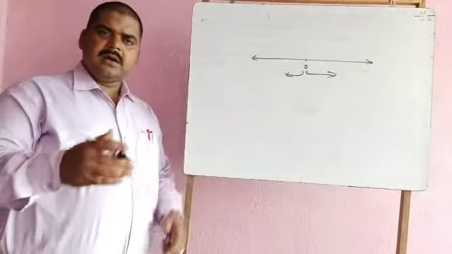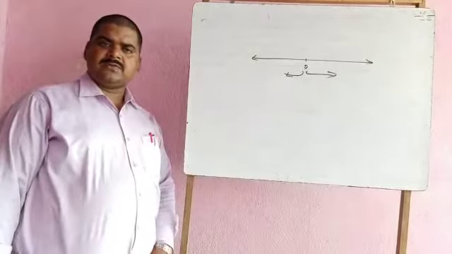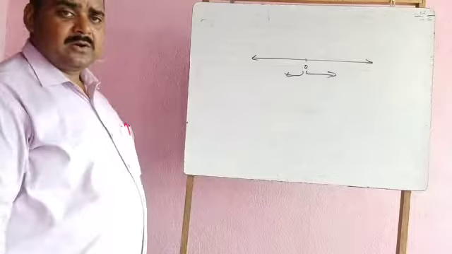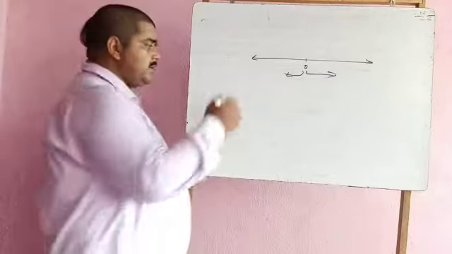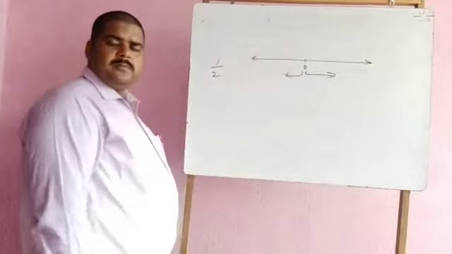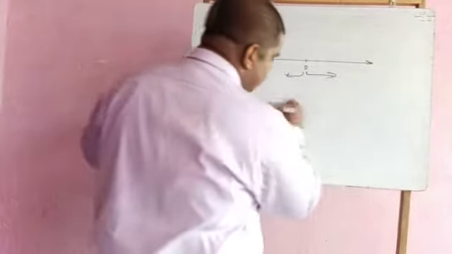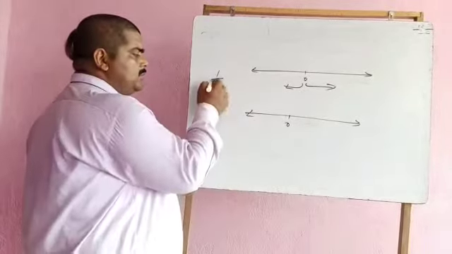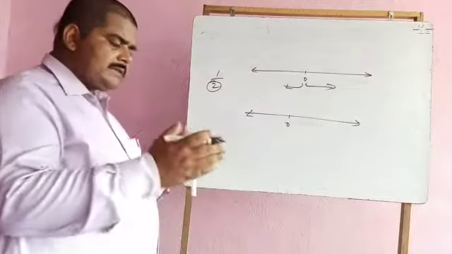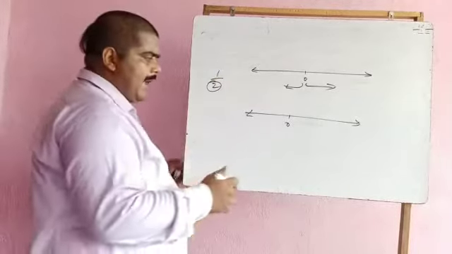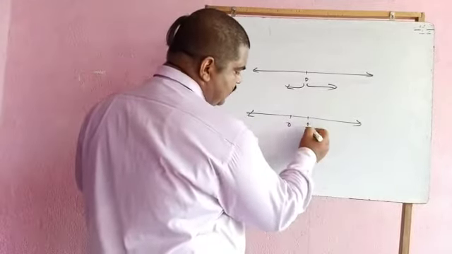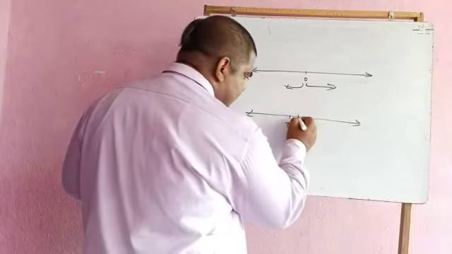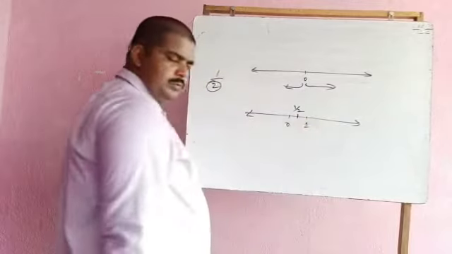Both are similar. If you understand how to represent positive rationals on the line, then you have to do the similar process on the left side of the 0 to express the negative rationals. First I want to discuss 1 upon 2. You need to draw a line, put 0 on the line, and now pay attention to 2. Actually 1 upon 2 means 1 is divided into 2 equal parts. So with the help of a scale, you express 1 and divide it into 2 equal parts, and each part is known as 1 upon 2.